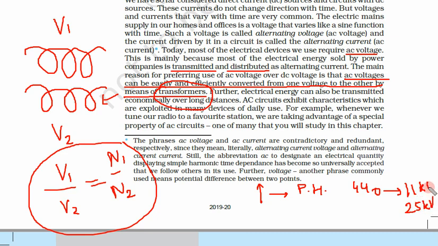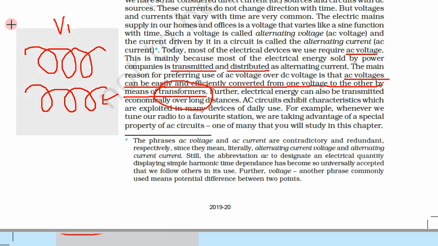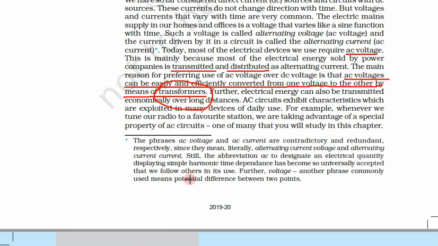What happens when this electricity comes to your house? You use a step down transformer and reduce this 25 kV voltage to 440 volts, or the normal 220 volts, usable at your home. So normal transformers are used. Since AC can function with this mutual induction principle, that's why we use AC instead of DC. DC cannot do this mutual induction function.